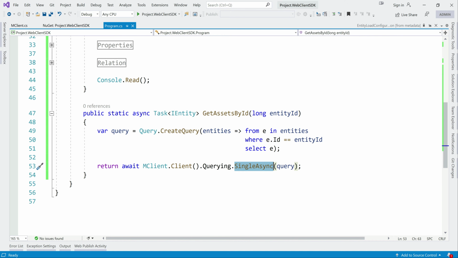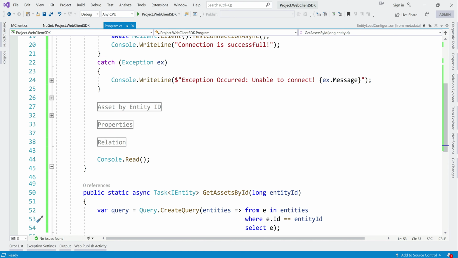Just be aware, if the query you wrote can fetch multiple entities, then SingleAsync will throw an error. Here I'm querying directly on entity ID, so for one entity ID we can only fetch one entity. That's why I just wrote SingleAsync. So this is the query here.